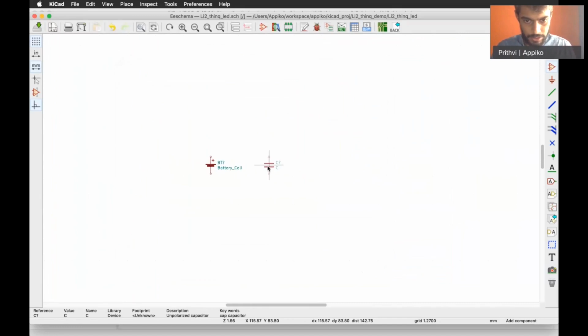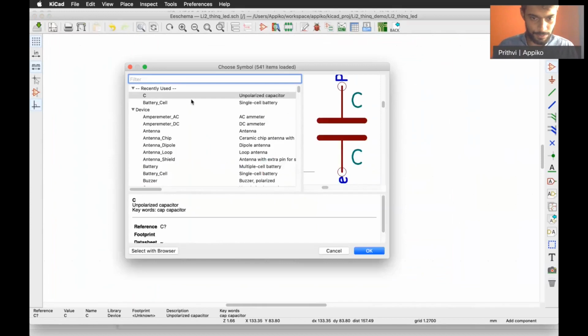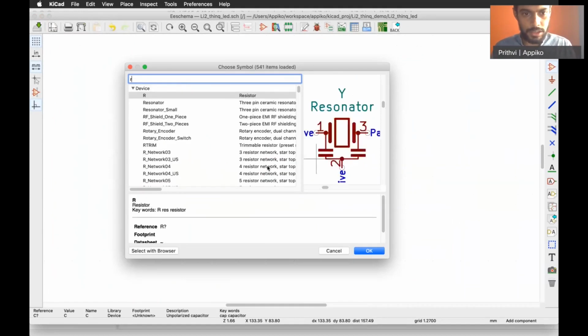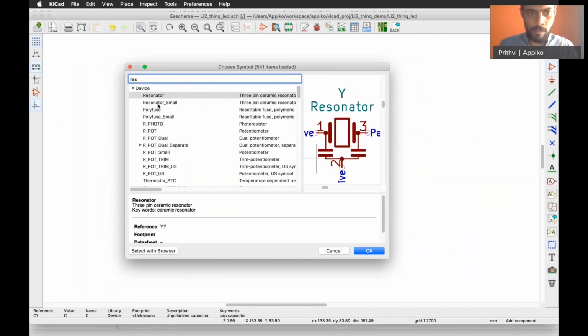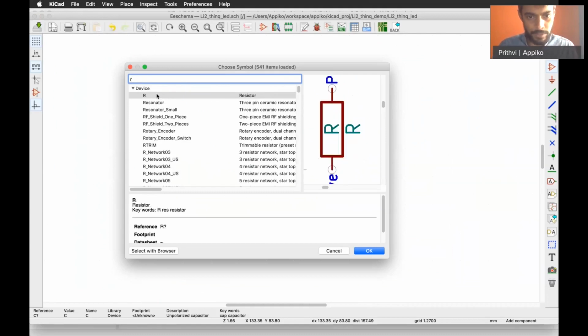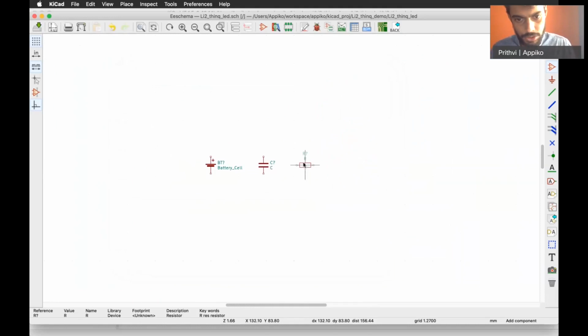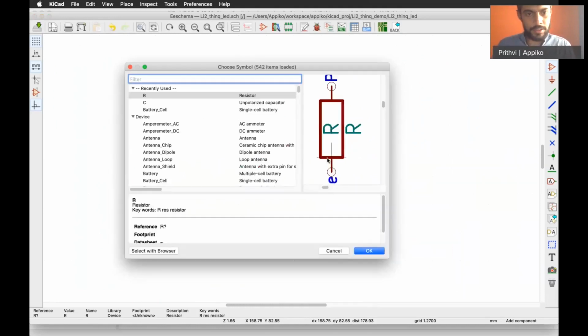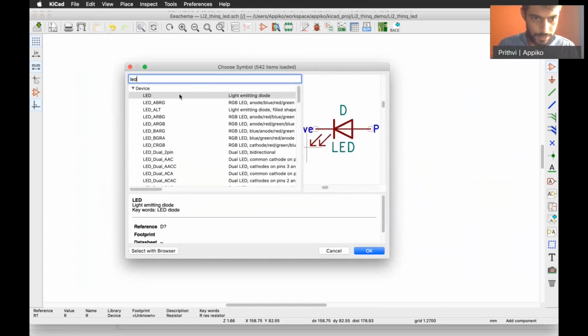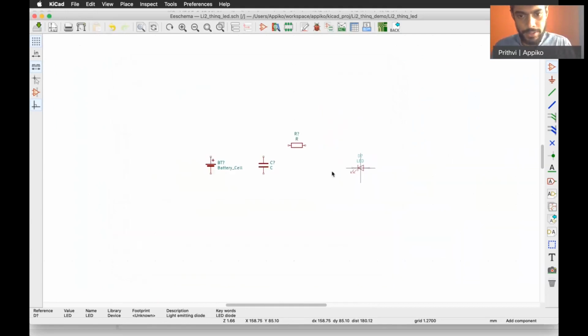We'll add this here, and we'll add a resistor, a series resistor which goes with the LED, and this is the LED. When I hit R, the LED rotates. I mean the symbol rotates.